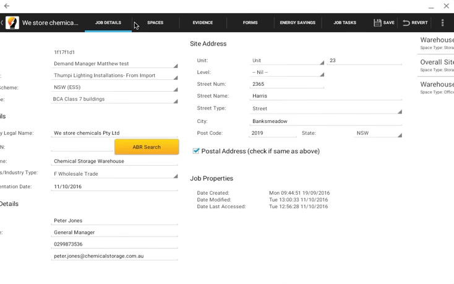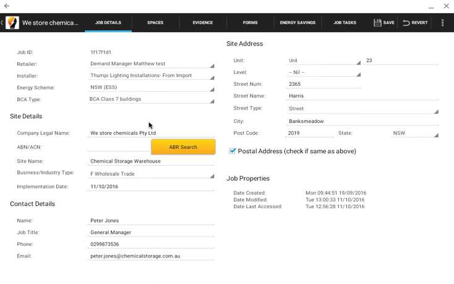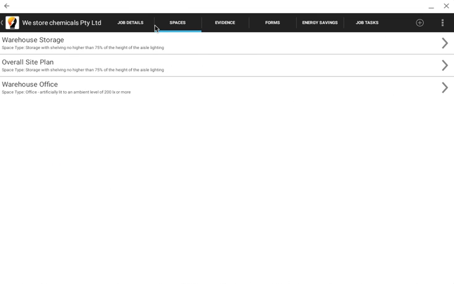Okay, so just going back to job details, once everything's completed, then you can start moving into the spaces. So here you can see the 3 different spaces as part of this upgrade. So I've got a warehouse with storage, overall site plan, which if I go into, you can see